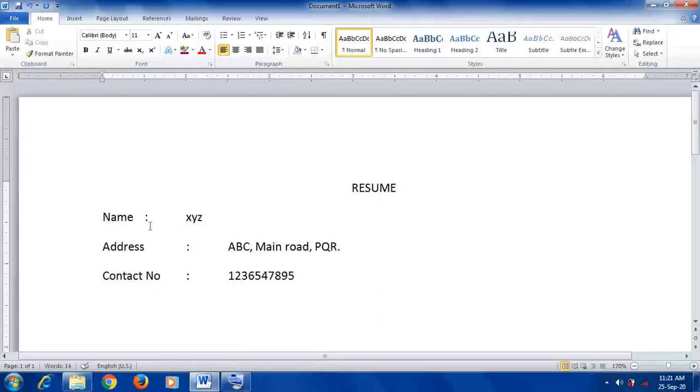I want to position this text correctly. In that case, see now, this colon is on this side and these colons are in a line, and these two lines are in the correct order, but this first name has gone a little bit to the left side. Keep the cursor at the beginning and press the tab key on your keyboard. It gets aligned correctly. Now you can see here, all the fields are correctly aligned. This colon is aligned correctly and the information is aligned correctly.